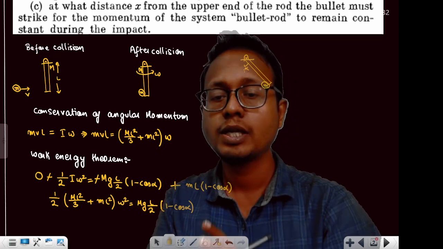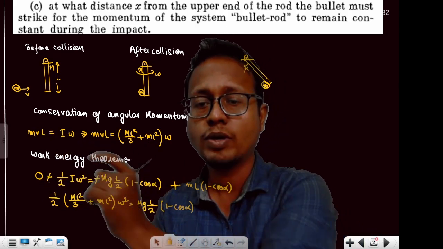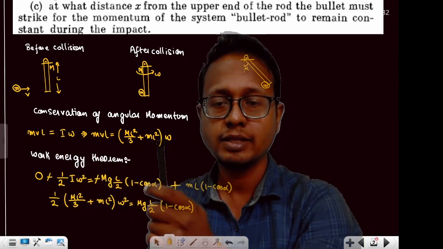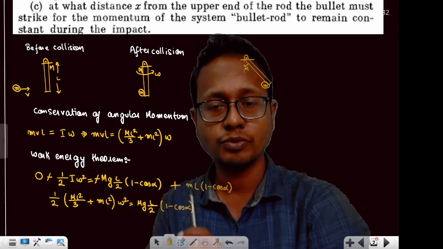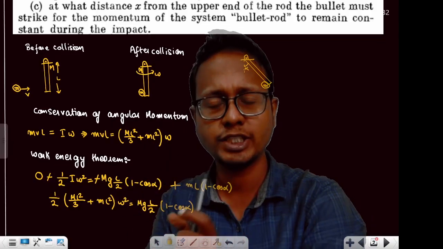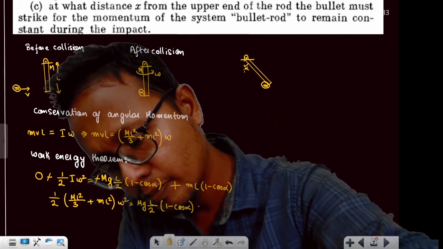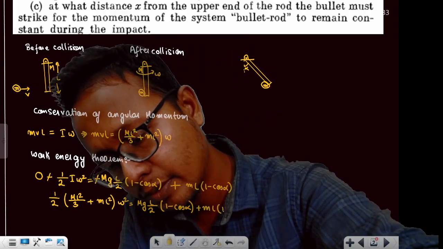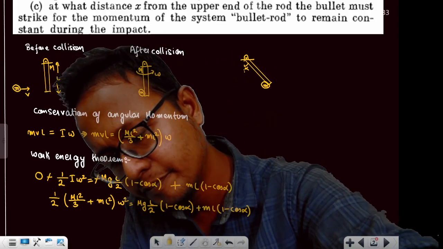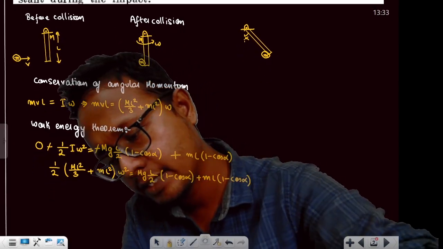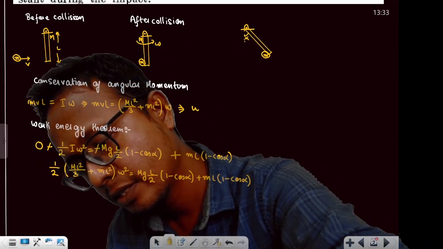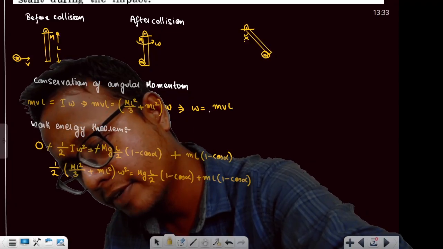What do I need to find out? I need to find out the value of v. What is the dependent variable out here? Omega. So somehow I have to isolate omega, and equate both, then I'll get the value of v. If I isolate it, omega is equal to m v L divided by